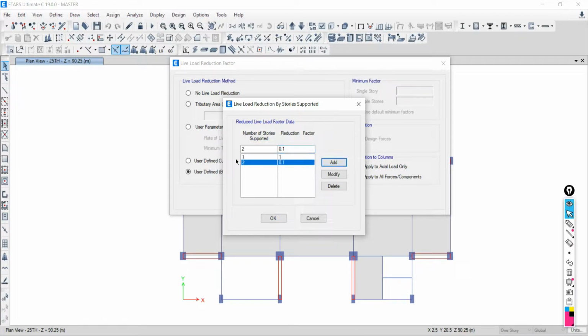Say add. Here you have to say 3, third, and here it will be 2. Say add. Here it will be 4, then 3, add. And here it will be 5, and it will be 4, point 4. Say add. And up to 10: let's say 6, add, 7, add, up to 6, up to 10th.